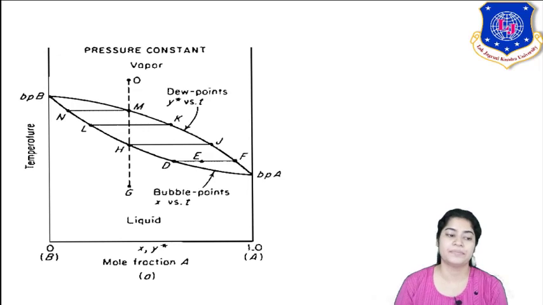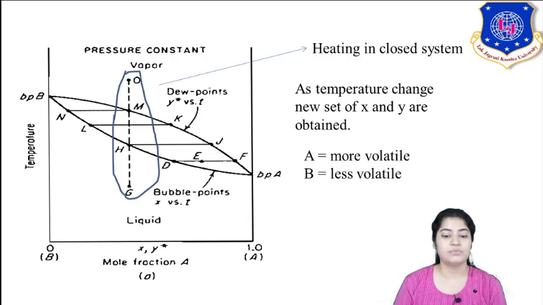Before that, now this is my TXY diagram. I have mentioned that at constant pressure, I am showing the variation of temperature with mole fractions. You can see VPA, the boiling point of A, where A is the more volatile component. B is my less volatile component, and you can see the temperature VPB. Both vertical scales represent temperature, whereas the horizontal axis at the bottom represents mole fractions, both in X and Y plots.